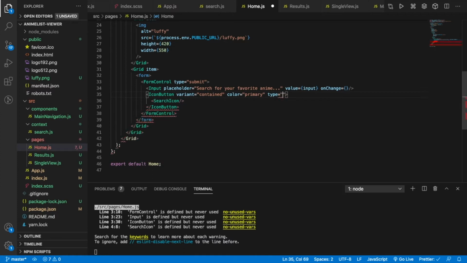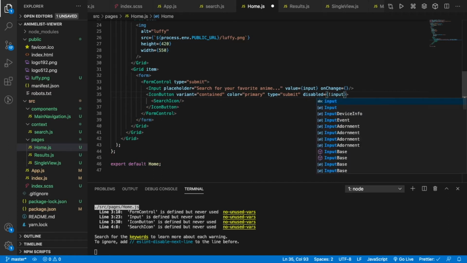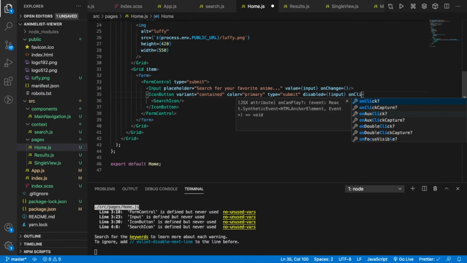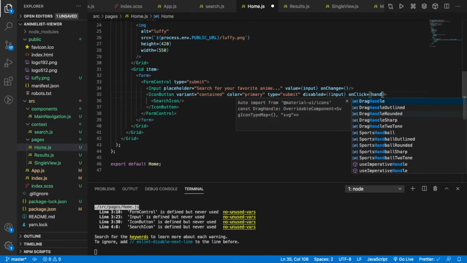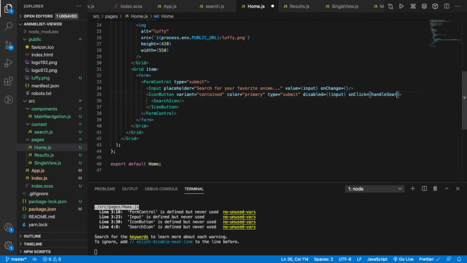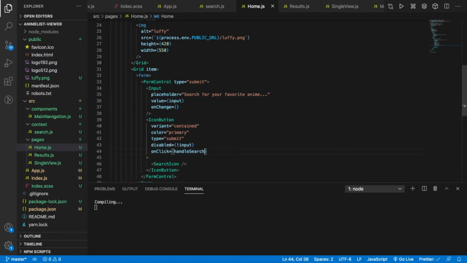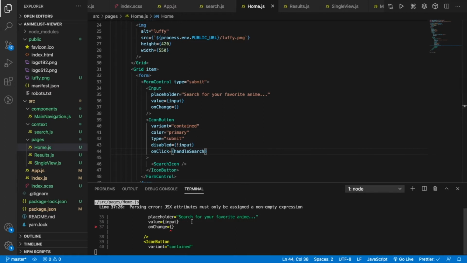Type equals submit, and then we want to say this will be disabled if there's no input in here, right? So if there's not an input. And again, we haven't defined what input is yet, but we will in one second here. And then we're going to add an on-click handler in case you click on the search button. And we're going to say handle search. We're going to call this handle search. All right. So now that we have all that set up,